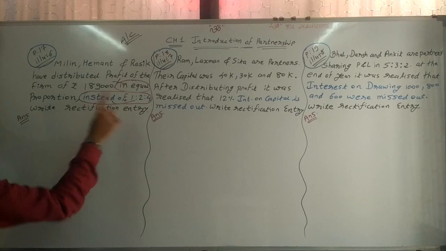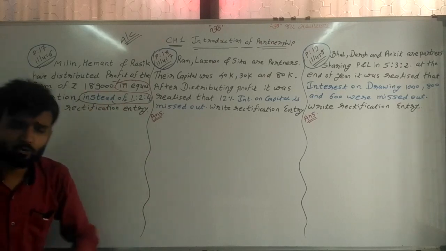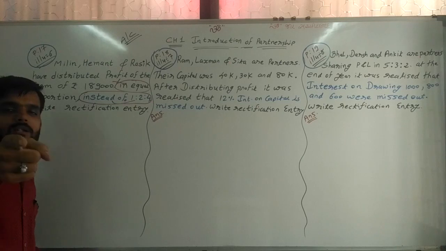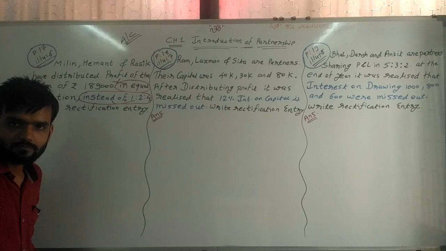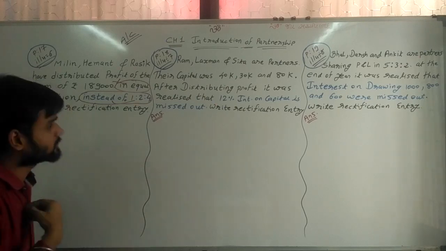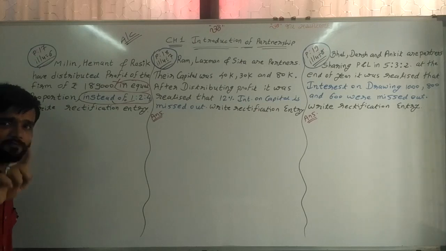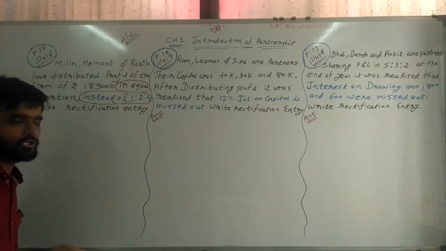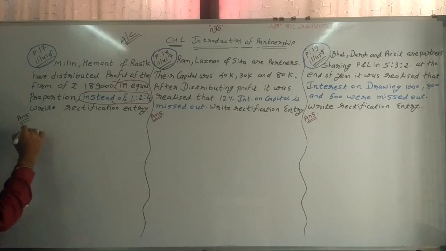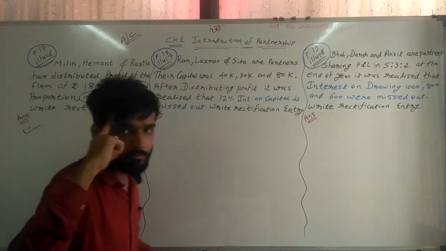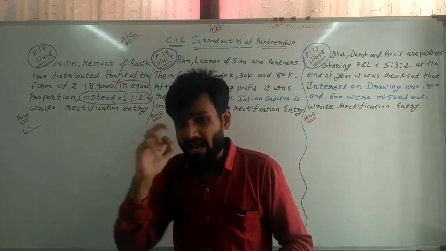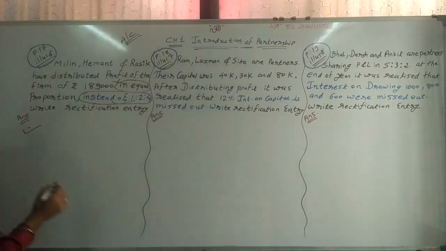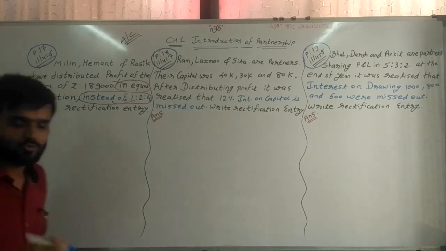Now write the rectification entry. Sir, how can we write the rectification entry? Kamal sir's rule, only one rule applicable to all types of sums. First of all, we need to say which is correct and which is wrong. Then, first distribute in the correct ratio. So first I am distributing in the correct ratio. Remember my rule again: first always distribute in the correct ratio, and second always distribute in the wrong ratio.